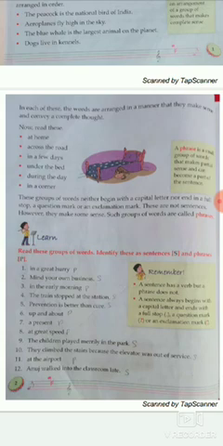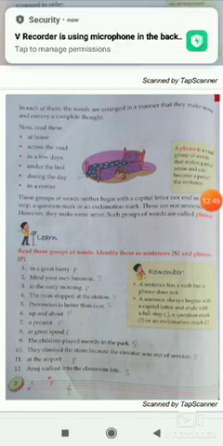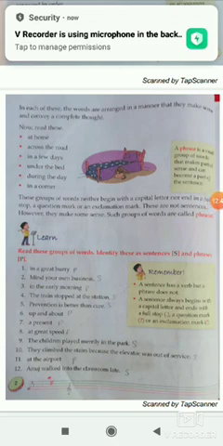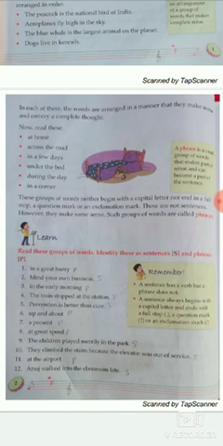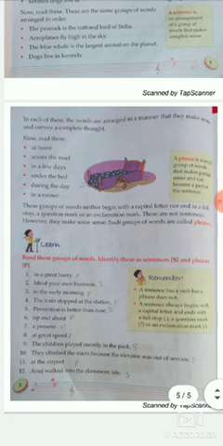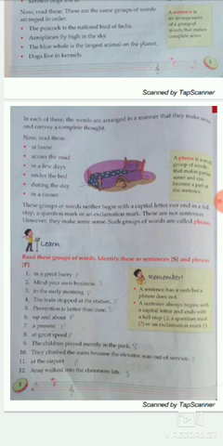Okay, now, so students, tell me what is a sentence? A sentence is a group of words that gives a complete sense. Okay. That is called a sentence. For example, he is playing, the cat ate the fish, the book is on the table. Okay. So students, I hope this is clear to you: what is a sentence, what is a phrase, and what is the difference between a sentence and a phrase.